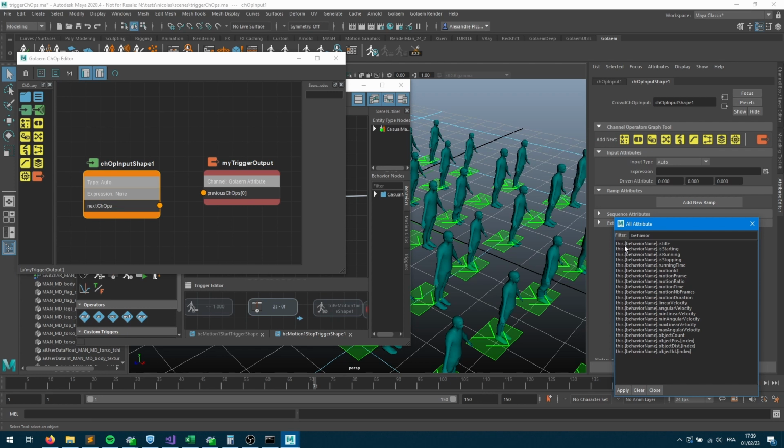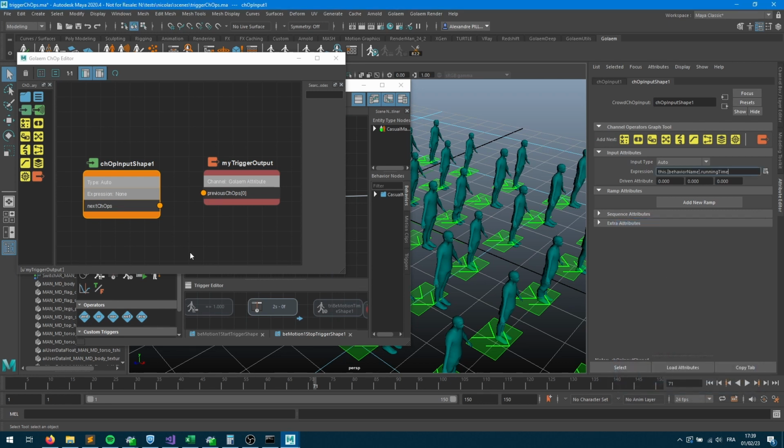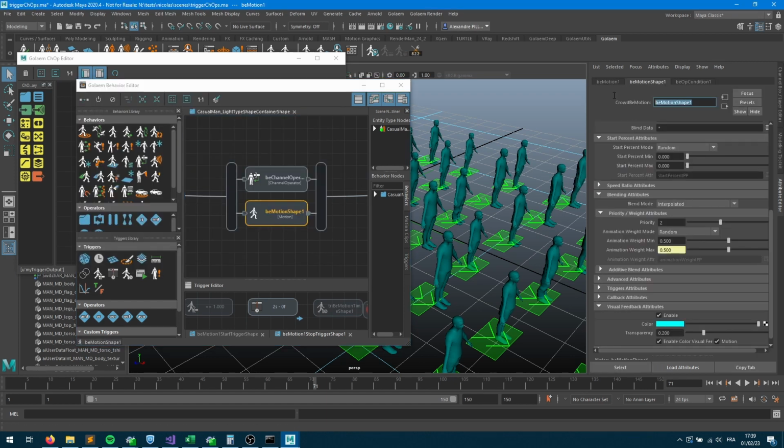So we got this dot in bracket behavior name. When it's in brackets, we'll have to rename this with the name of the appropriate behavior we want to look into. And we've got plenty of various controls that we can take a look at. For example, one is called running time, so how long it has been running for. This one is pretty convenient, and we'll have to replace that behavior name with the name of our